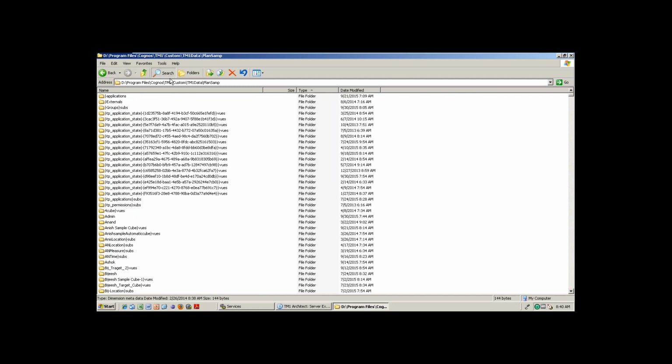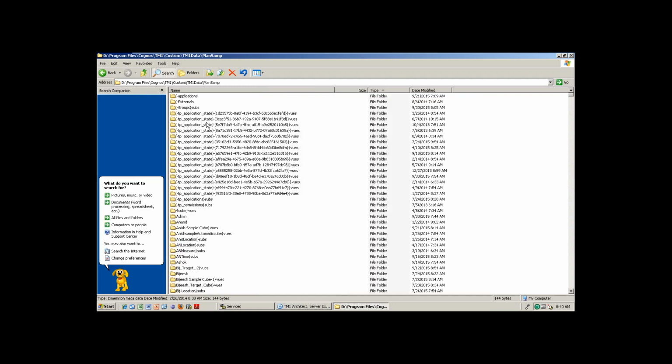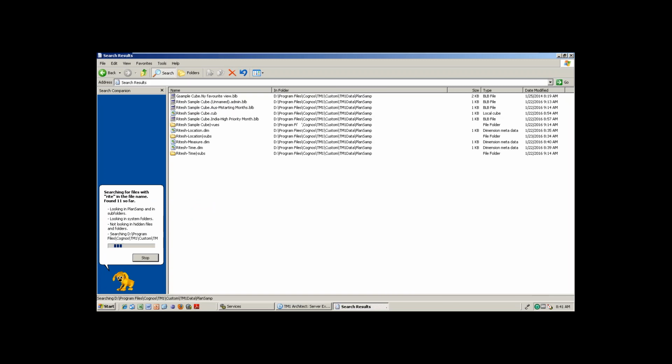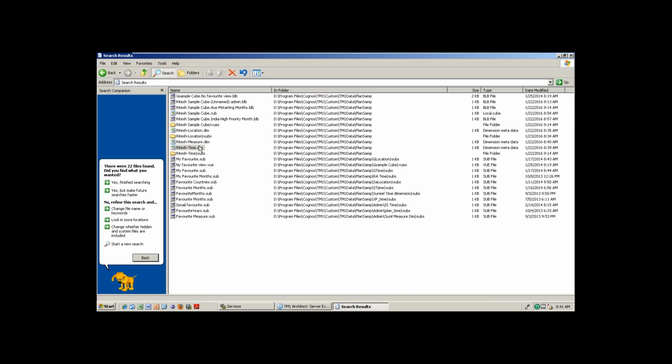Search for Ritesh. You see now: Ritesh time, Ritesh location, Ritesh dimension, Ritesh sample cube.